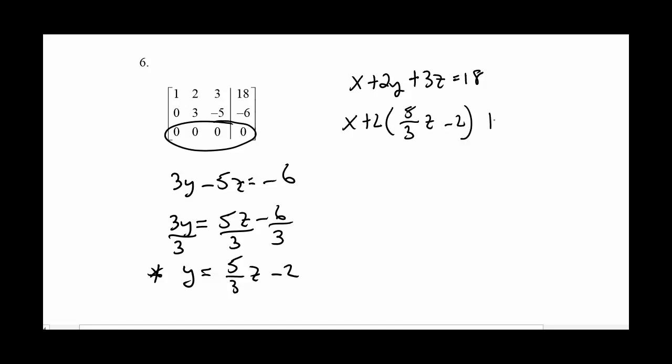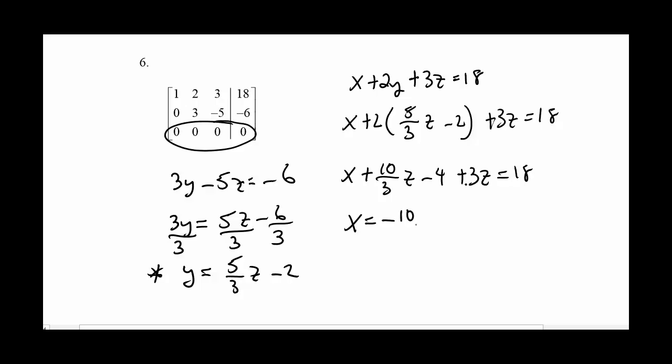Plus 3z equals 18. Okay, so then x plus, so 2 times 5/3 actually is 10/3 z minus 4 plus 3z. Try to make that a little bit nicer. Equals 18. All right, so let's bring everything over and then we'll worry about combining like terms. So x is going to equal negative 10/3 z minus, and I'm going to rewrite that 3z. That 3z is actually, in terms of thirds, 9/3 z,